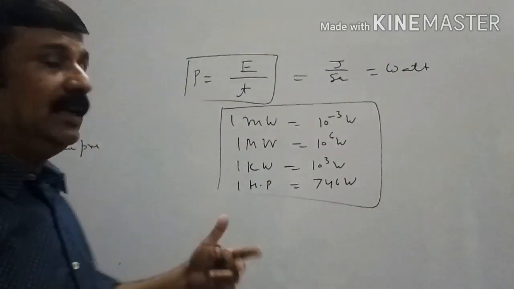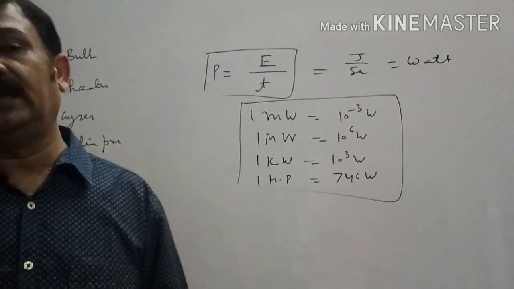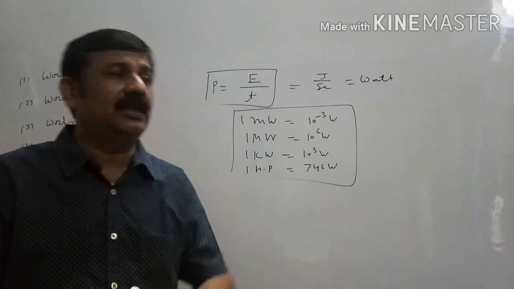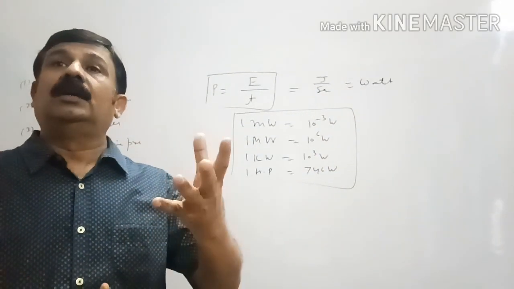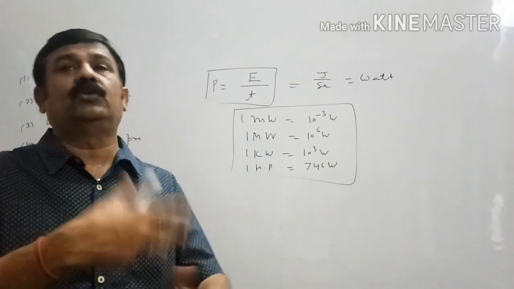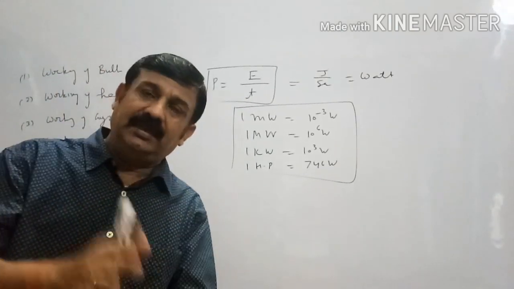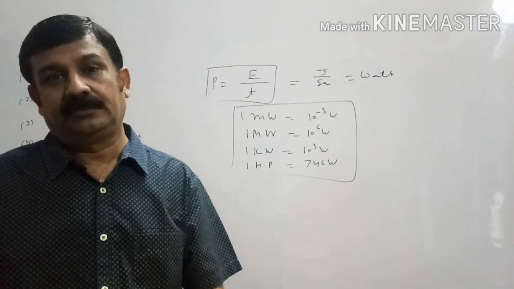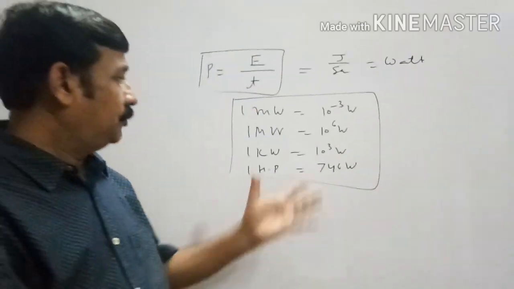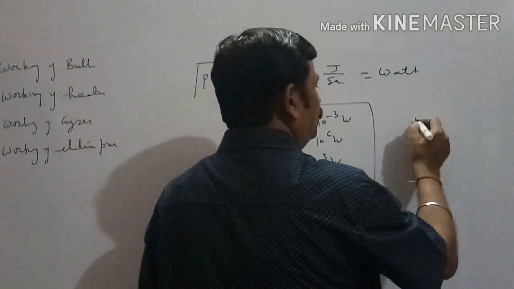Once again, what is power? The amount of energy consumed or produced by any electrical appliance per unit time. Because when an electrical appliance runs, it consumes one form of energy and produces another form of energy. For example, a mixie converts electrical energy and produces rotational energy. For example, a bulb consumes electrical energy and produces heat or light energy. So energy consumed per unit time or energy produced per unit time is called power. Suppose I have a device whose power is 1000 watt.